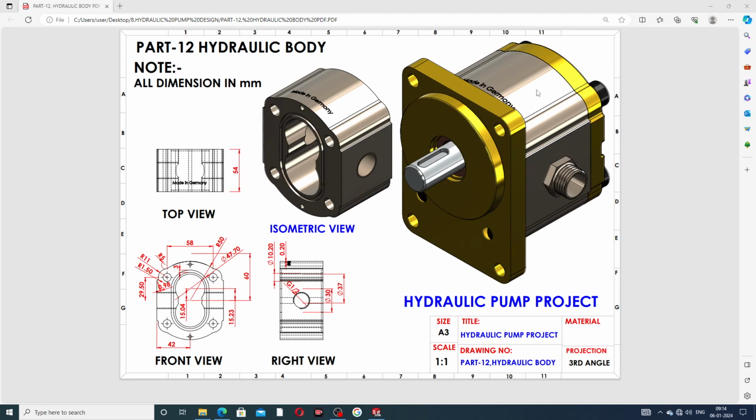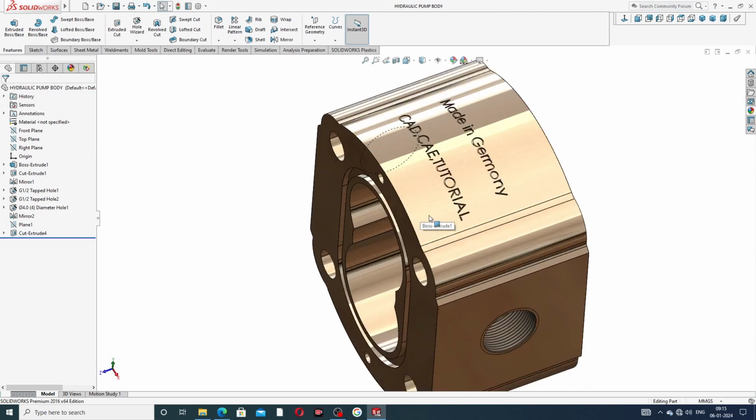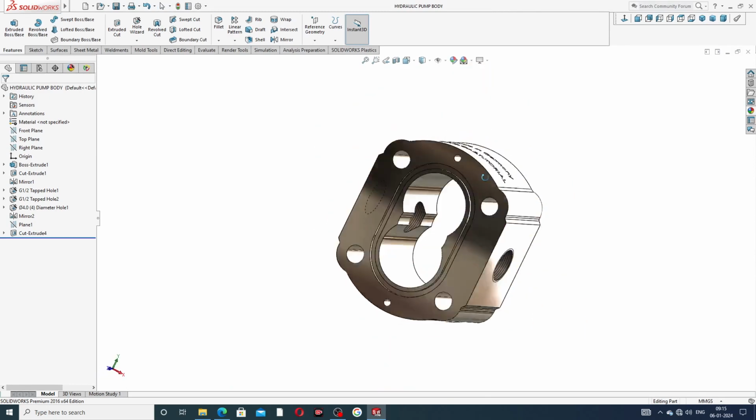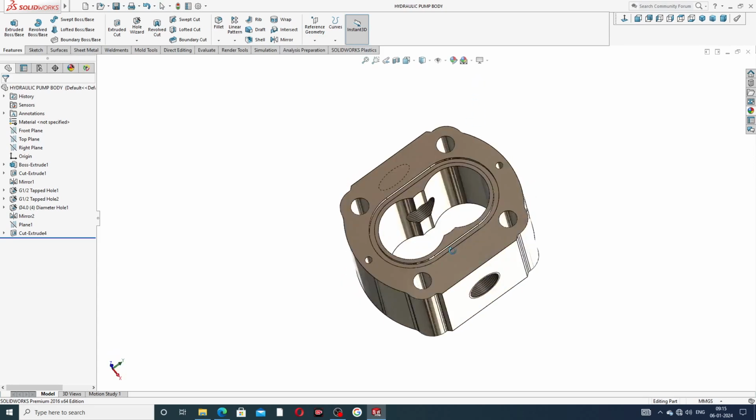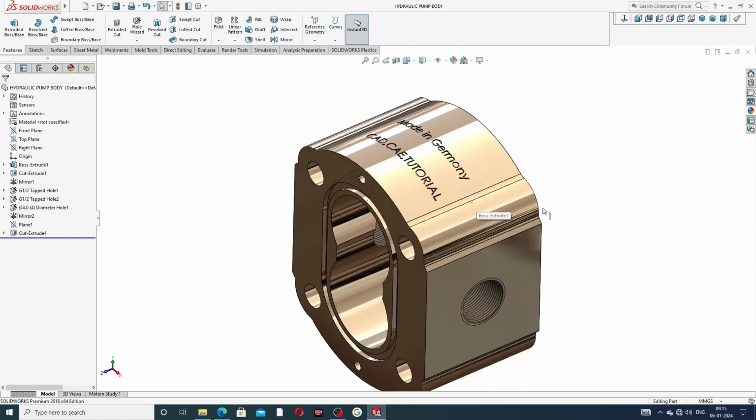Okay, this is a hydraulic pump body, and this body is designed here, and all parts are designed one by one here, and last this body is assembled here, okay, and this is isometric view, and 2D drafting is also available here, and all geometry and all dimensions you can see here on the screen, easily learn here, okay, and this lecture is very important for a beginner student, and also very important for a professional student, and how this body is designed is discussed today, all process is learned here, okay,